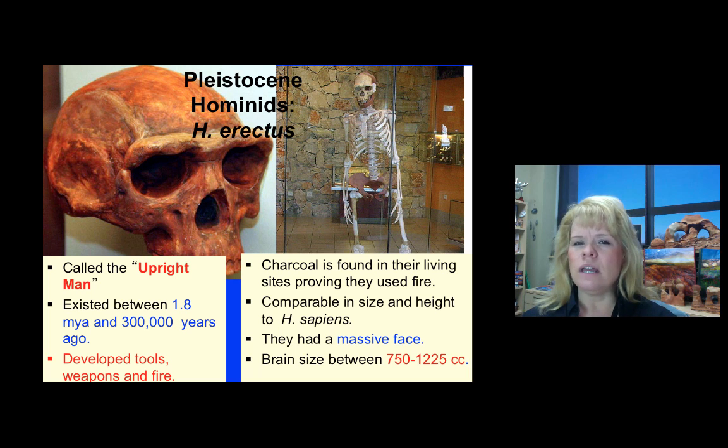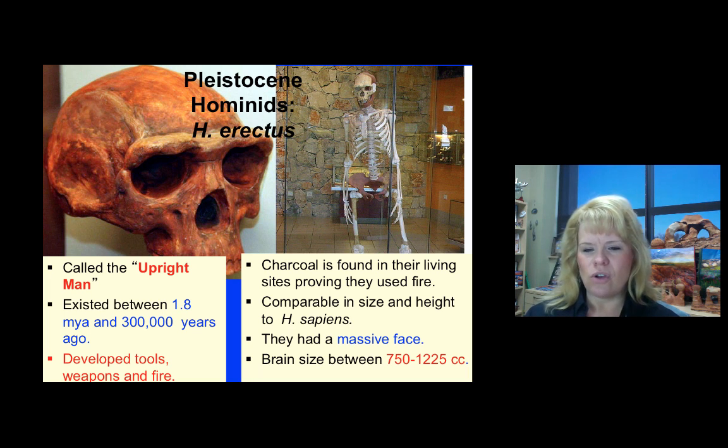I think that's important because we also had other hominids living at the same time. We know this guy developed weapons and fire. That's important because we find charcoal with their remains. So that's a very interesting deal, with a little bigger brain, 750 up to 1225 cc's. This particular hominid was able to figure out how to master one of the elements and create warmth. That's going to lead to a very interesting condition, because they're going to be able to survive in these harsh winter conditions that occur.